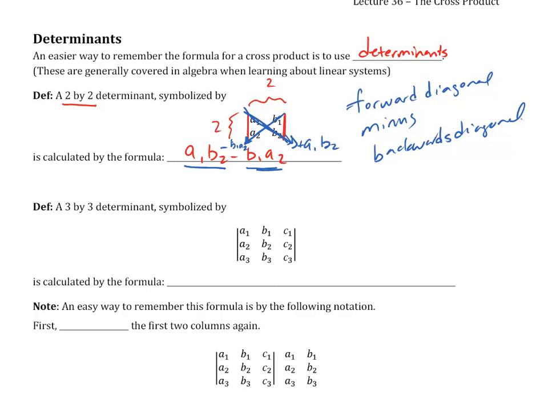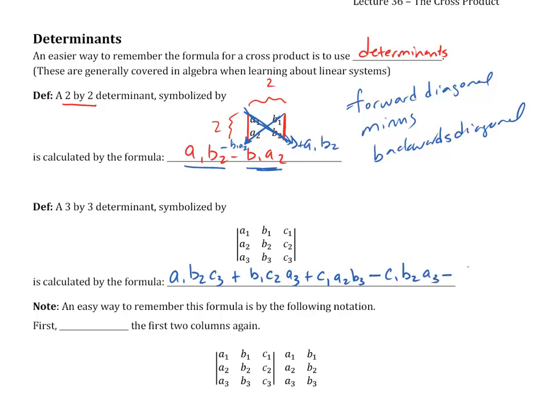Okay, so now a 3x3 determinant can be done a number of ways. But there's a shortcut for you to remember the 3x3, and it's still the same idea of forward diagonals and back diagonals. The formula is actually this. It's A1B2C3 plus B1C2A3 plus C1A2B3 minus